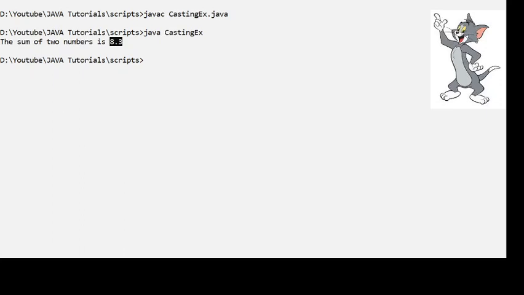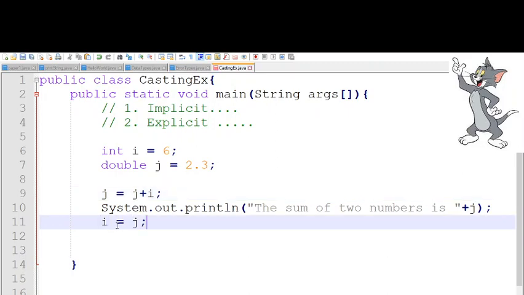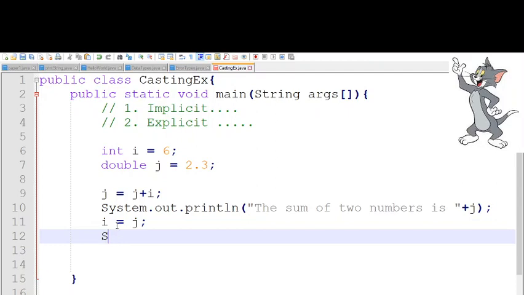Now another type of casting is explicit casting. So for example, if someone tells me to please assign the value of j to I and print the result, then let us see what should happen. Println explicit casting.